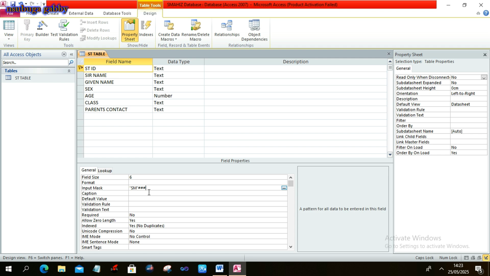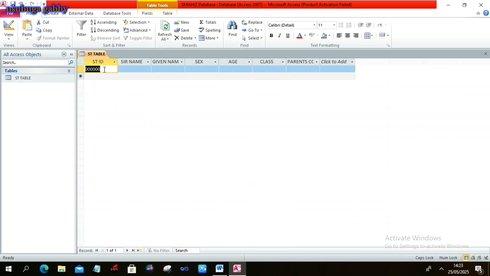Therefore we shall use the question mark. This question mark is a wildcard character that accepts entry of alphabetic letters, and then the hash accepts entry of number values. Those are wildcard characters. Please go and make more research about wildcard characters. Ctrl S to save changes, double click on the table and then come and remove this, and then you can type here